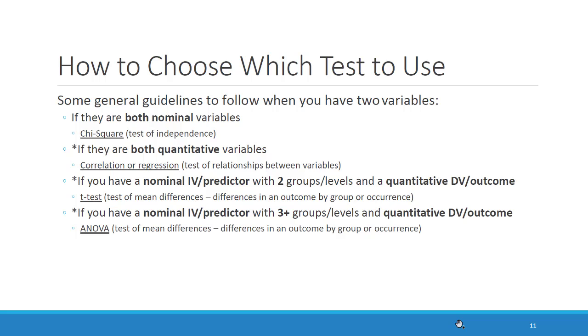If they are both quantitative variables, if you have 2 variables for which numbers are inherently meaningful, you can use a correlation or a regression. These types of statistics test relationships between variables. If you have a nominal predictor or independent variable with 2 groups or levels and a quantitative outcome or dependent variable, then you use a t-test, and this is a test of mean differences in an outcome by group